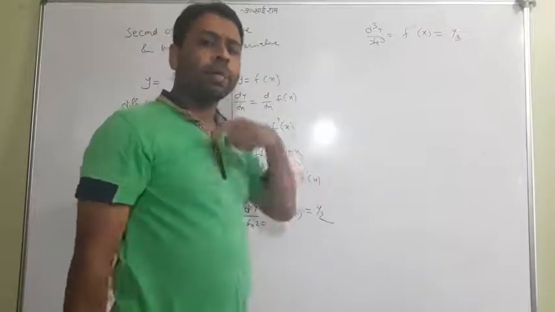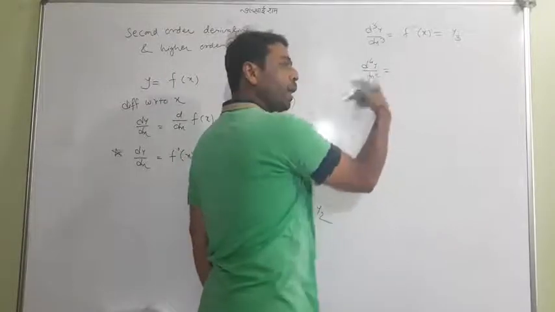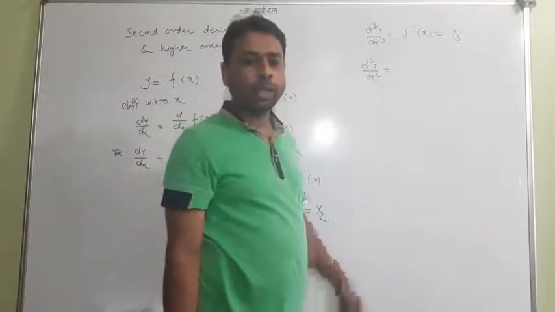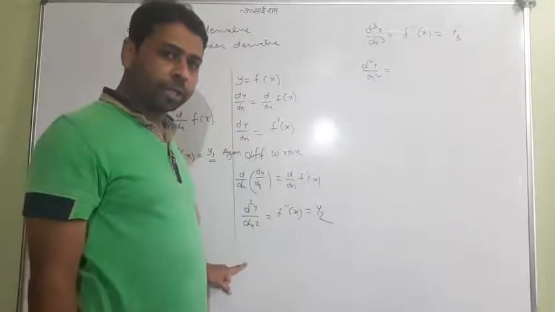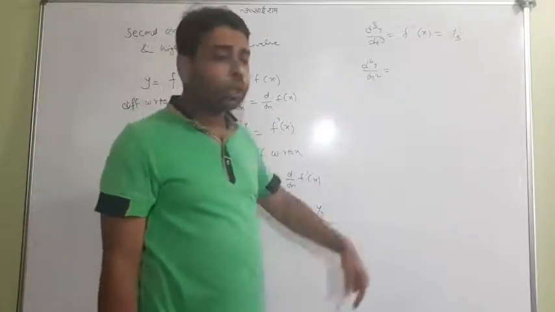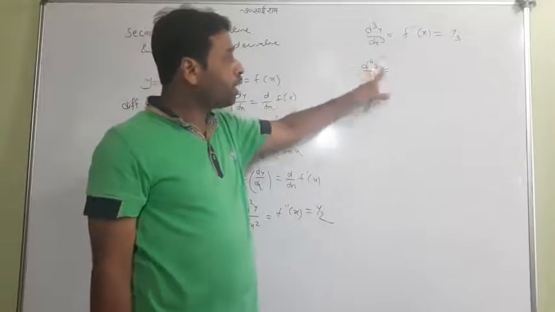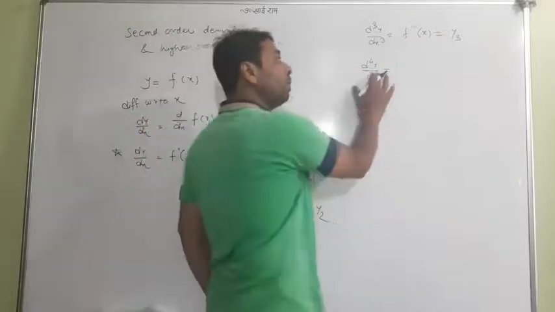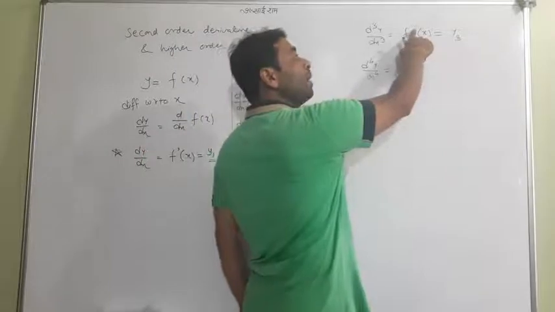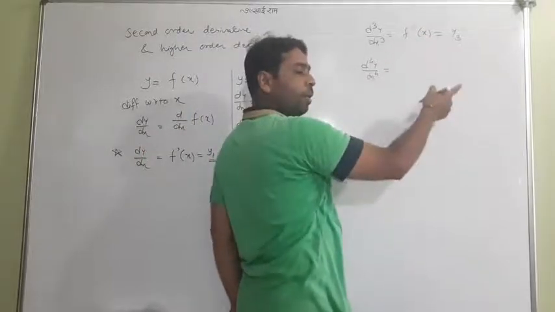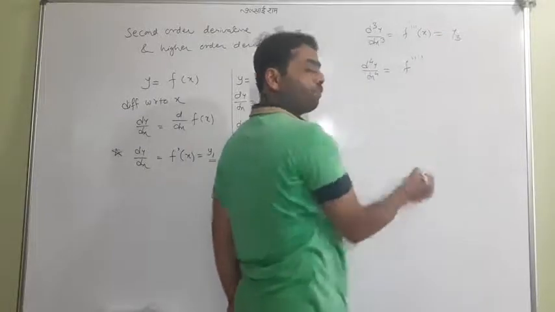One more thing I want to express, that when you find the fourth differentiation, I know that in your book or in your syllabus you will reach till here. Maximum you will go till d2y by dx2, or in very few questions you may go till d3y by dx3, but till d4y by dx4 I don't think that you will go. Still I am telling you one thing, that it is f triple dash x, after 3 it is a 4. Now you don't have to write 4 times dash and x.